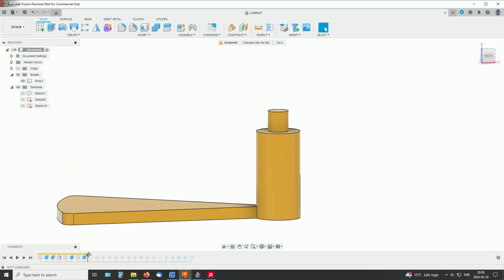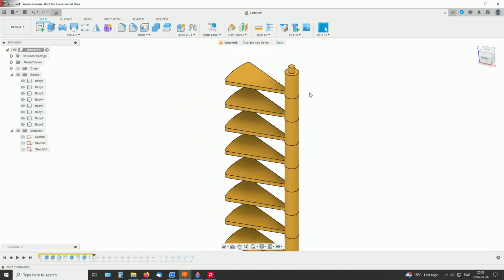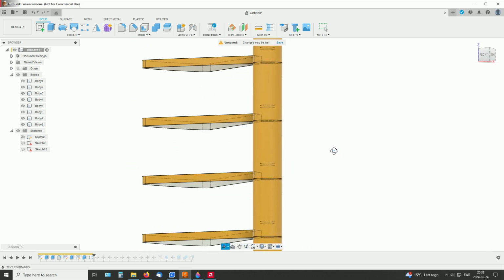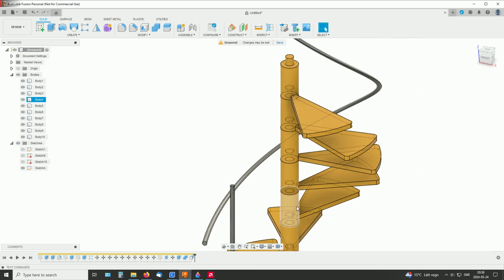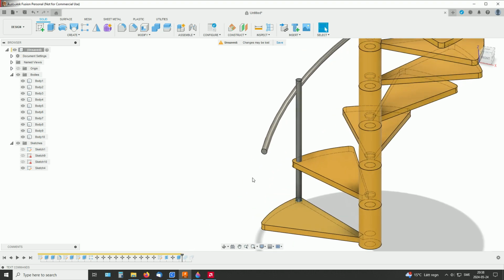So after this, each of them should be patterned with those shapes on them, as you see. Yeah, and at the end here I just made some